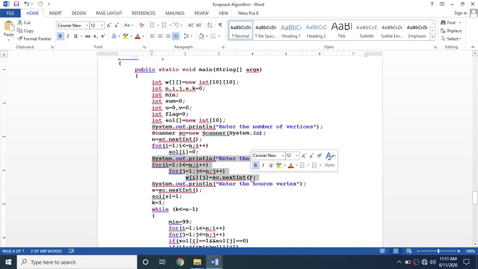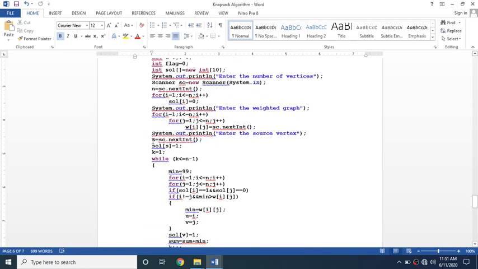You already know that in order to read a matrix, a two-dimensional array, we need two for loops. Here they will read the weight matrix, and enter the source vertex. Then the solution of s equals 1, which means we need to explore it, right?